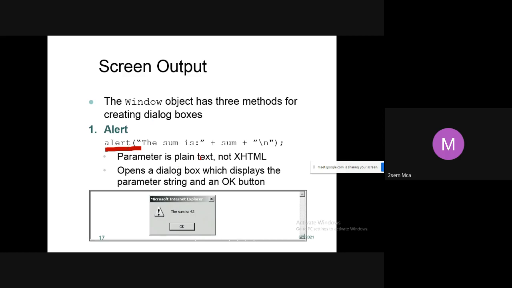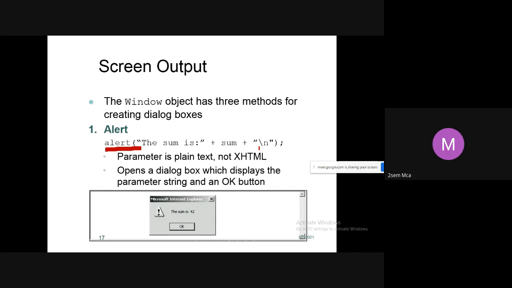The parameter is plain text. It is not an HTML tag. Correct? Within the alert statement, I am not writing any HTML tag. Am I writing an HTML tag, students? No, I am not.